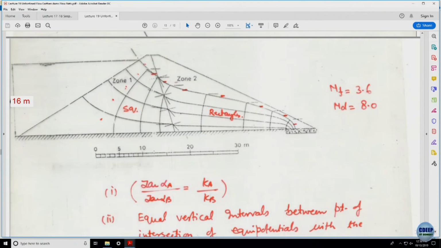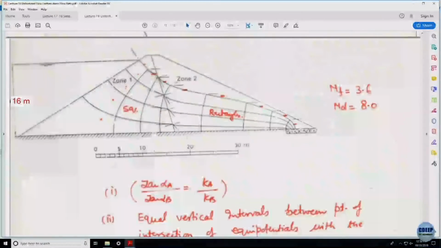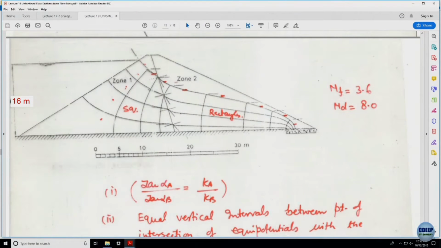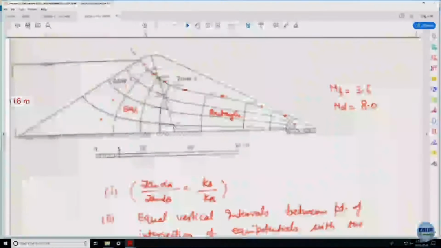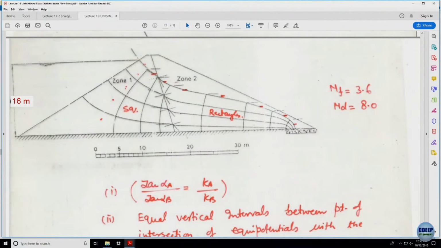The moment you have got NF upon ND, the moment you know the focus point, which is intentionally done by you, clear? You know the top flow line, get the value of A prime, directrix is known, do a little bit of computation by using that expression, and hence the discharge across the plane can be obtained very easily. So, NF upon ND multiplied by A prime is the discharge through the body of the dam. Clear?